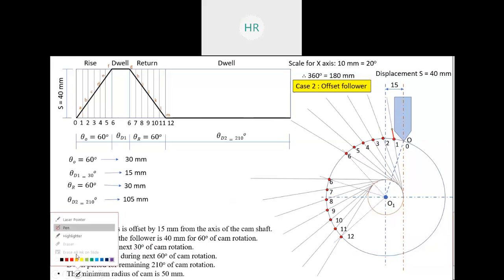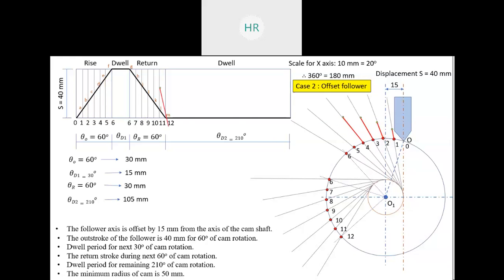We are transferring the distances from the displacement diagram to this cam profile. तो again see, 1 to A जितना डिस्टेंस लेंगे और उसको यहाँ पे मार्क करेंगे with the help of compass. सिमिलरली 2 to B जितना डिस्टेंस लेंगे और उसको मार्क करेंगे यहाँ पे with help of compass, and similarly for all the displacements from 3, from 4,